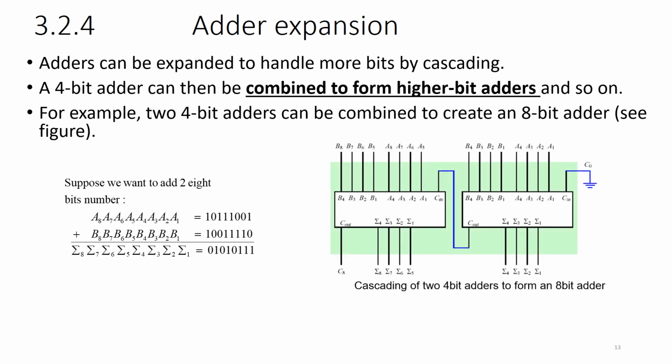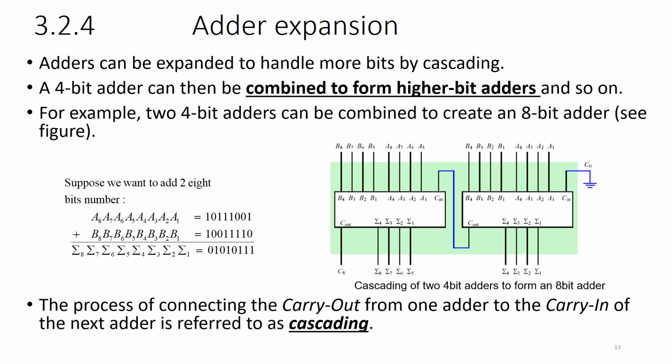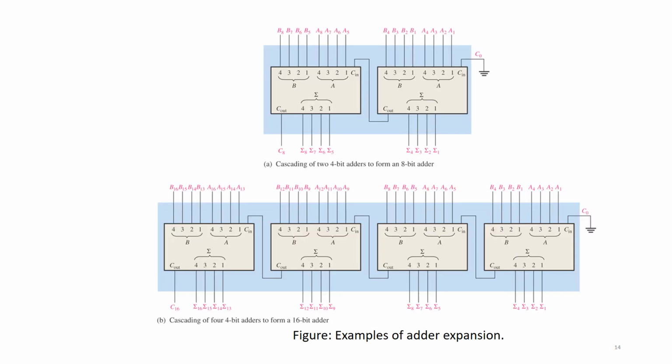So what we do to perform this 8-bit addition is we cascade 2 4-bit adders together. That means the C out from the first adder, the lower adder, is fed into the C in of the higher adder. And we call this process cascading. We can see from figure A how we cascade two 4-bit adders to form an 8-bit adder. In figure B, we can see cascading 4-bit adders to form a 16-bit adder. This is using